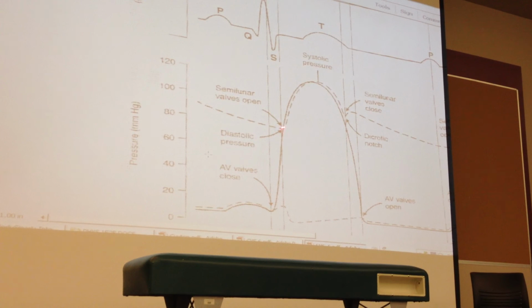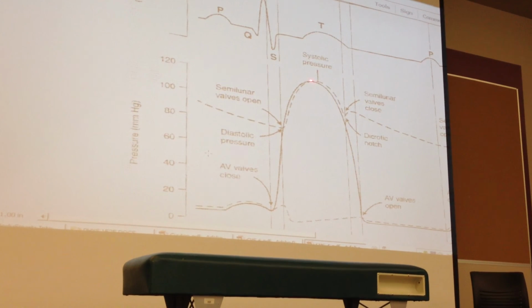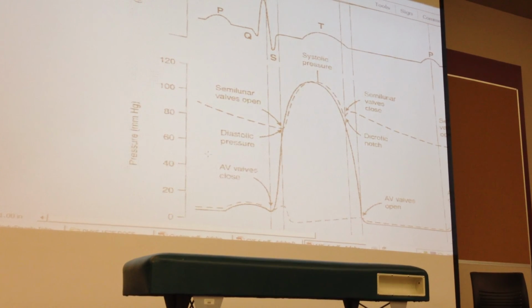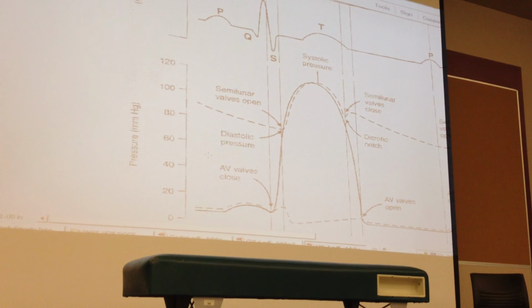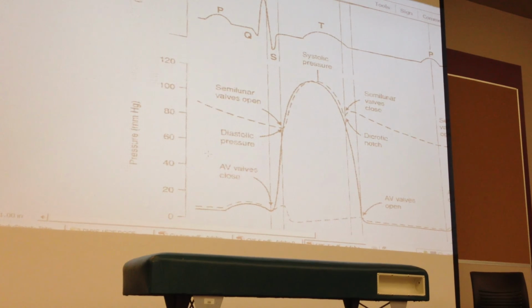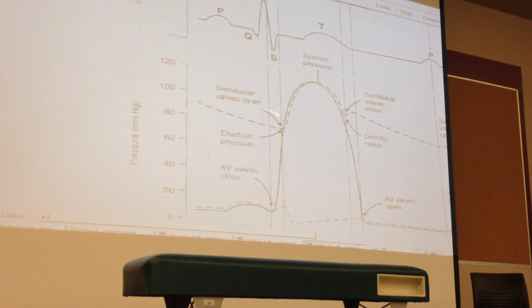But once the systole, the ejection, has occurred, when does the maximum volume of blood get into the aorta? Is it at the beginning of the period of ejection, the middle, or at the end of the period of ejection? The end. Say again? End. What is the question? When does the maximum volume of blood get ejected into the aorta? The end.